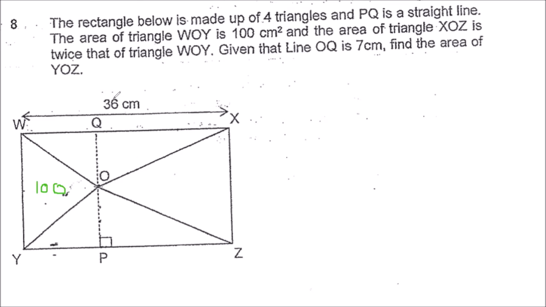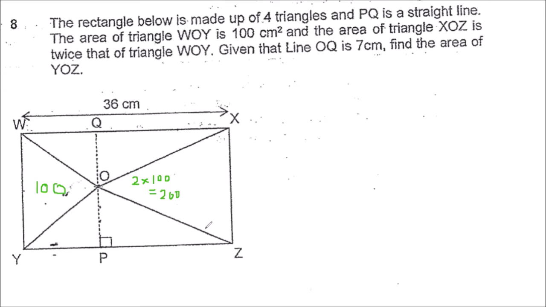XOZ is twice that of triangle WOY. So twice that will be 2 times 100, that will give us